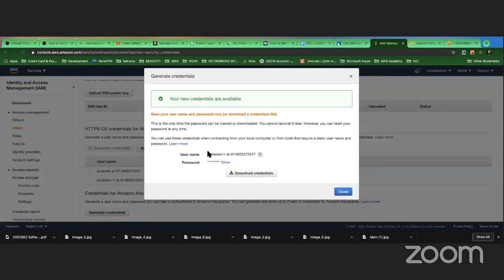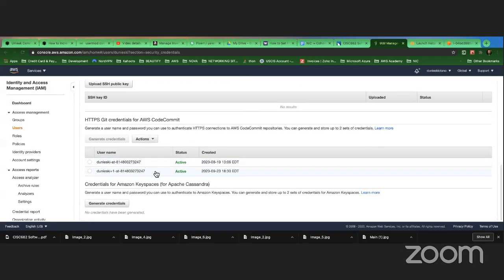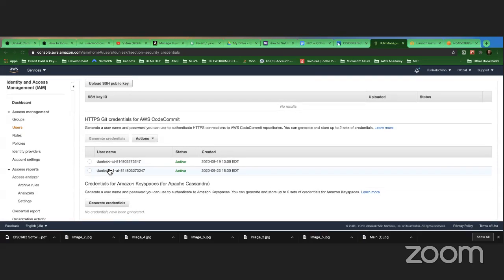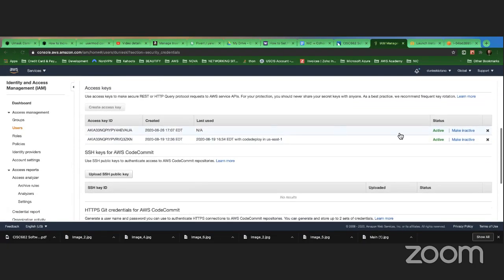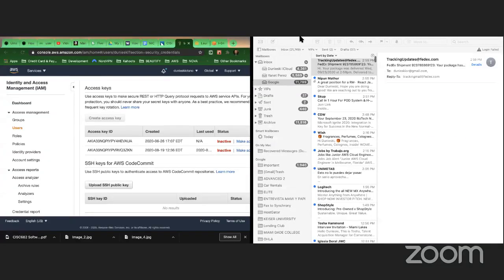So I can generate credentials, have this username and password again, another one if I want to. And here, I can make this inactive, right?